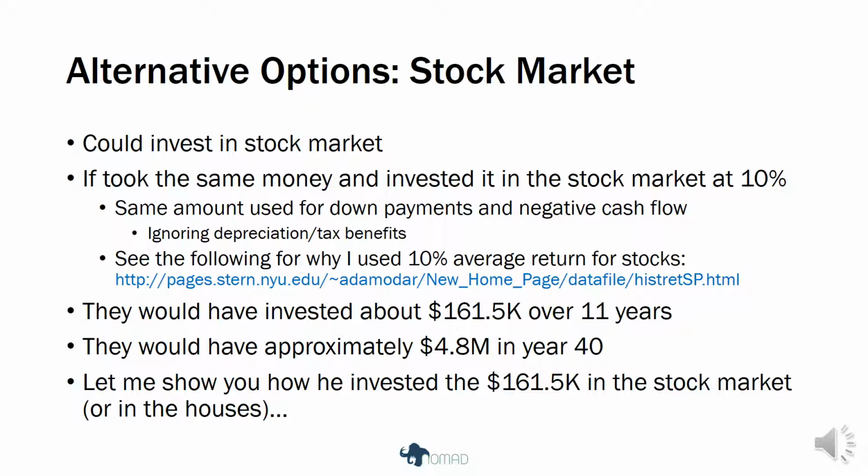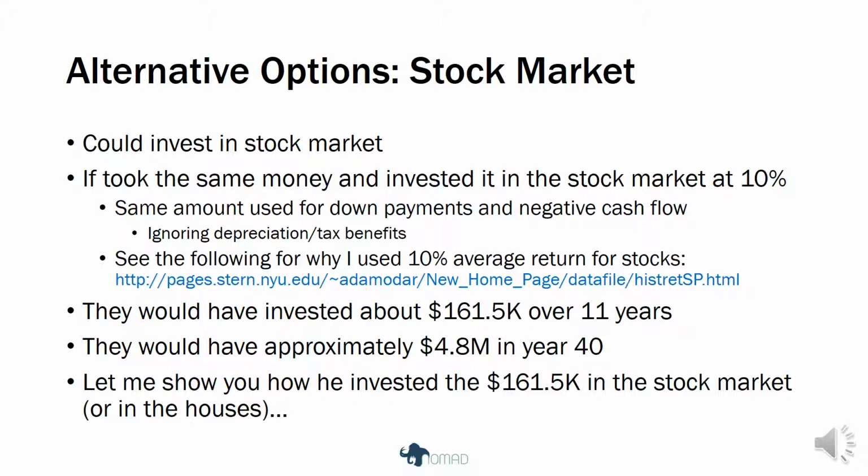So using those numbers, we're talking about the young professional Nomad actually taking 10 down payments over 10 years and investing those in the stock market. They would have invested about $161,500 over 11 years in the stock market. And why 11 years? Because in the 11th year, you have a small negative cash flow they had to make up for. But after year 11, there's no negative cash flow. So $161,500. And after that time, if they basically invested that money over 11 years and kept it in the stock market, did nothing else,